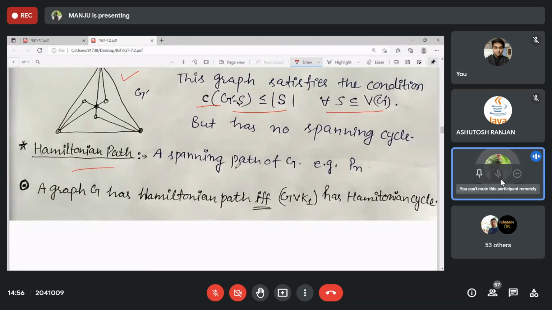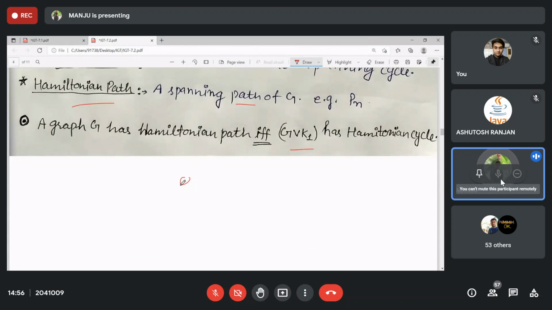Hamiltonian path is the same as a spanning path. Now, if you have a Hamiltonian path in any graph, then you can say G plus K1, that is one vertex. If you join it, earlier you had this G, and only the Hamiltonian path part we have taken. G joined with K1, this vertex will be adjacent to this and this, right?